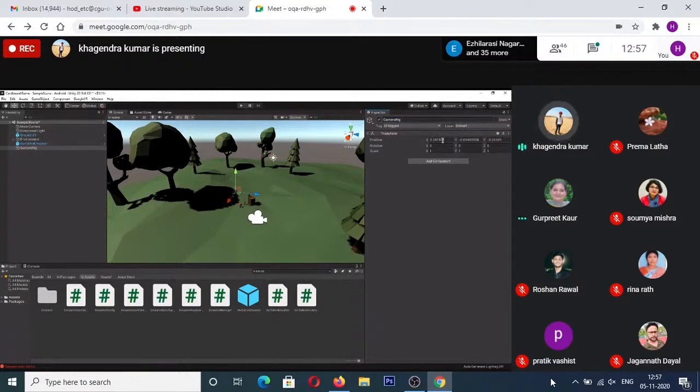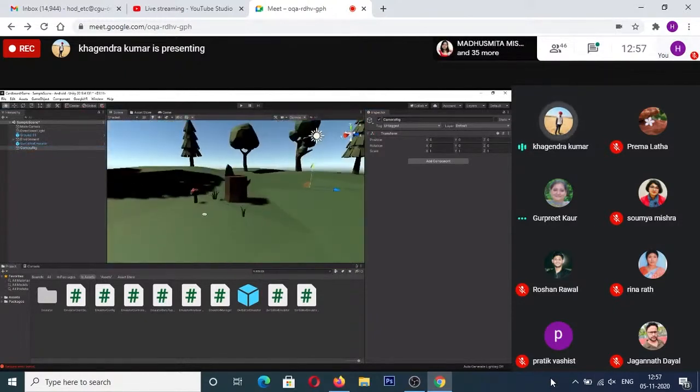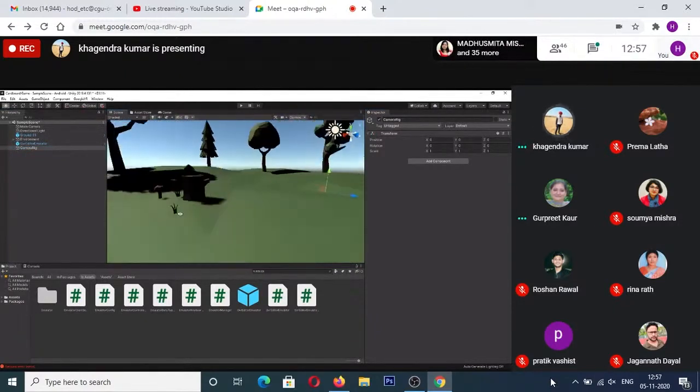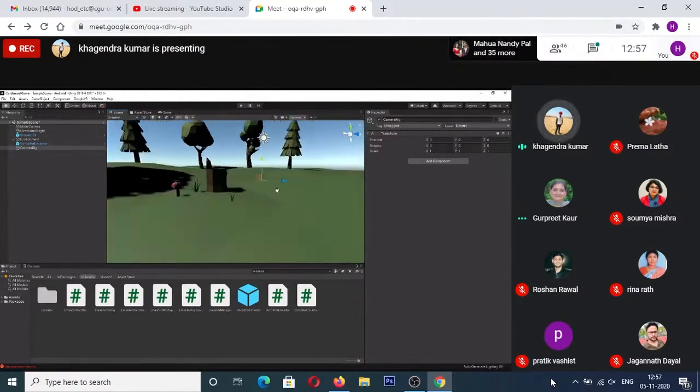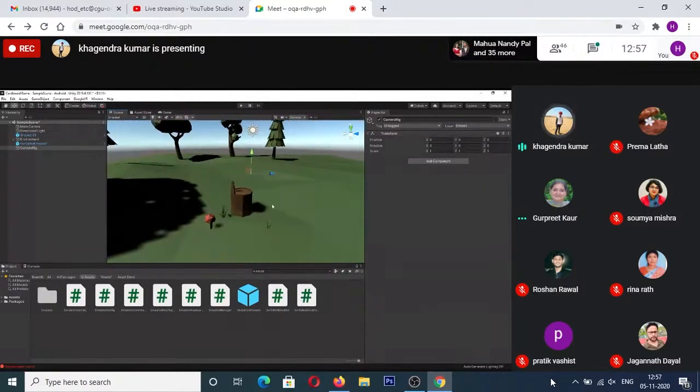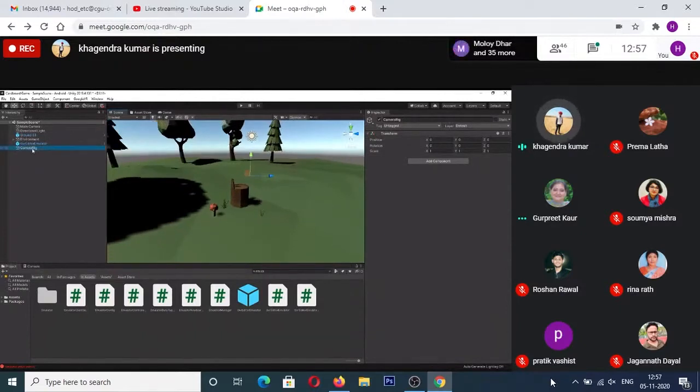Now, I have a transform which is completely weird for me. I'm going to reset it so that it sets to 0, 0, 0. Now, I will look into the exact view. I wanted a view which I like for my camera. So I like this view. Now I'm going to select my camera rig and press Ctrl, Shift, and F to align my camera rig with this exact view. So the camera rig is now taking this view. Right now, it is just an empty game object.